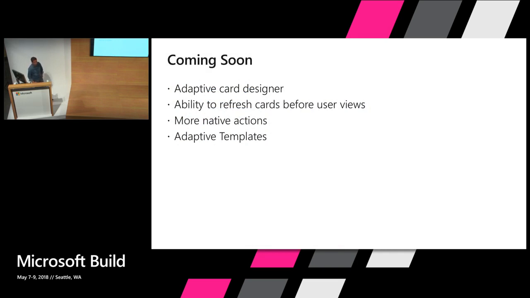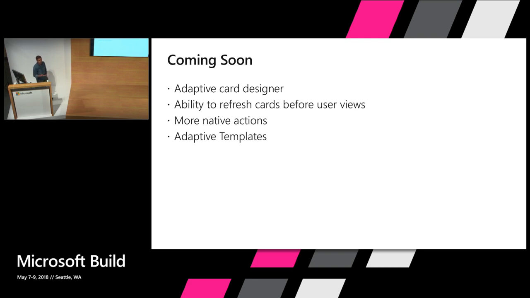Coming to the roadmap, we would be making the Adaptive Card Designer available broadly very soon. Currently, we have the ability to refresh the entire card or a certain section within the card. We would soon be making available the ability to refresh the card even before the user has viewed it. Let's say the expense report was approved using a mobile app. When the user views this mail for the first time, it wouldn't even show the approve and decline buttons. It would directly go to the refresh card and say, hey, this was already approved using your mobile phone. So that would be possible.